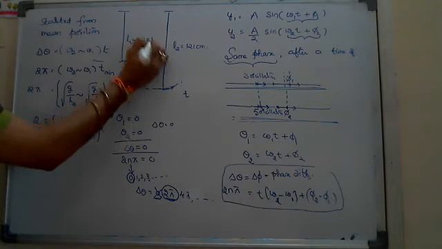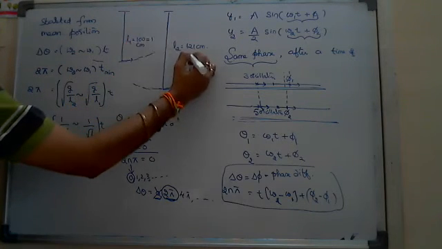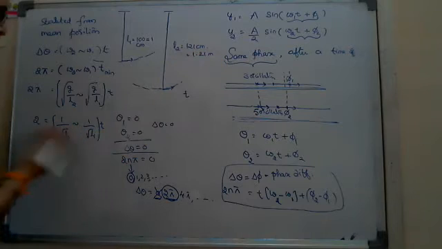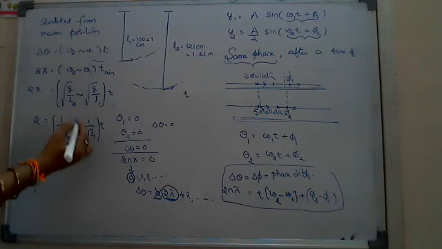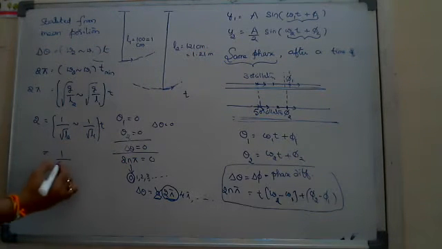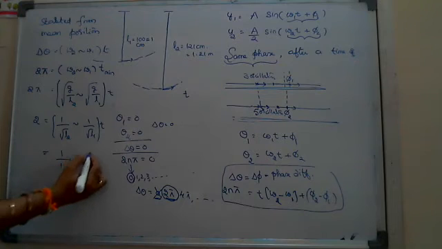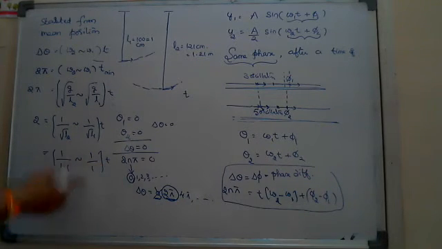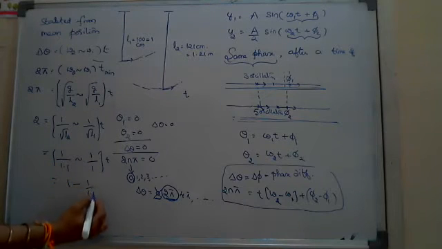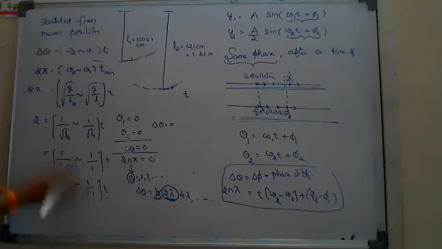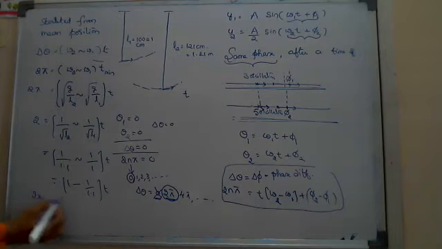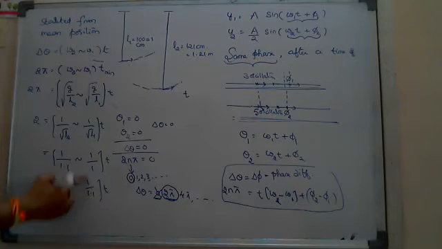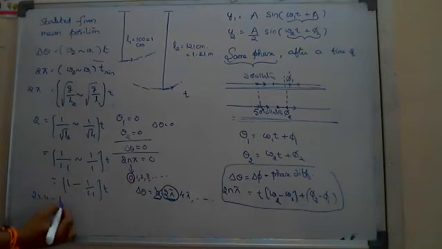So it is 1 meter, that is length in meter. This is 1.21 meter. Substitute, and you will get 1 by root of 1.21, which means 1.1. Difference: this is 1 by root of 1, which is 1, into T. Actually, this is the bigger value, so I have to write 1 minus 1 by 1.1 into T. You will get the answer here: that is 2 into 1.0.1 by 11, 1 by 11, 2 into 11. T is equal to 22 seconds you are getting.